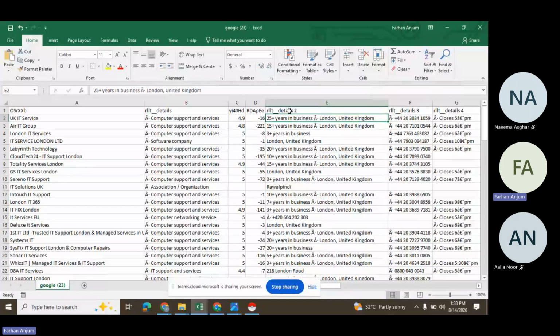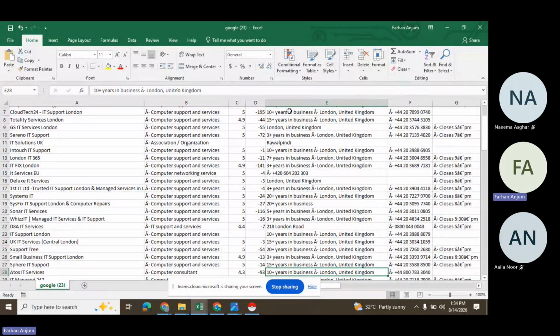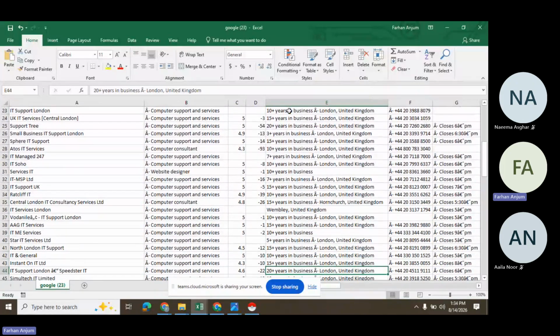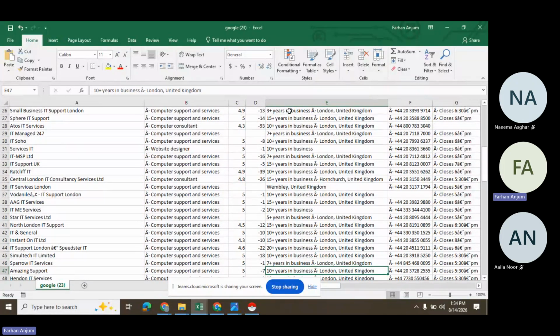So this company is from past 25 years. This business is from past 15 years. This business is past 3 years, 20 years. And along with that, their actual location is also mentioned. And that is London, because London was the location that we have selected. So that's why they are showing the results with respect to the location.